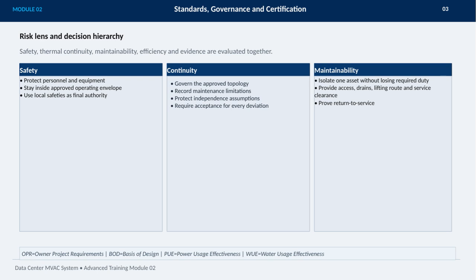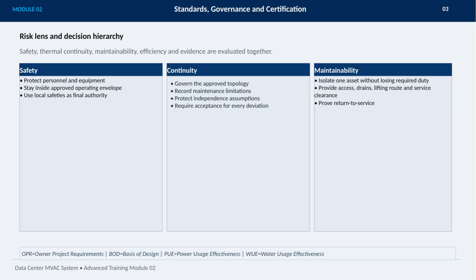Next is continuity, which involves governing the approved system topology, clearly documenting maintenance limitations, protecting assumptions about independence, and requiring approval for any deviations. Then, maintainability ensures we can isolate a single asset without disrupting essential duties, provide adequate access for servicing, and verify that systems can return to service efficiently. All these factors work together to ensure the MVAC system operates reliably and safely while meeting key project requirements and